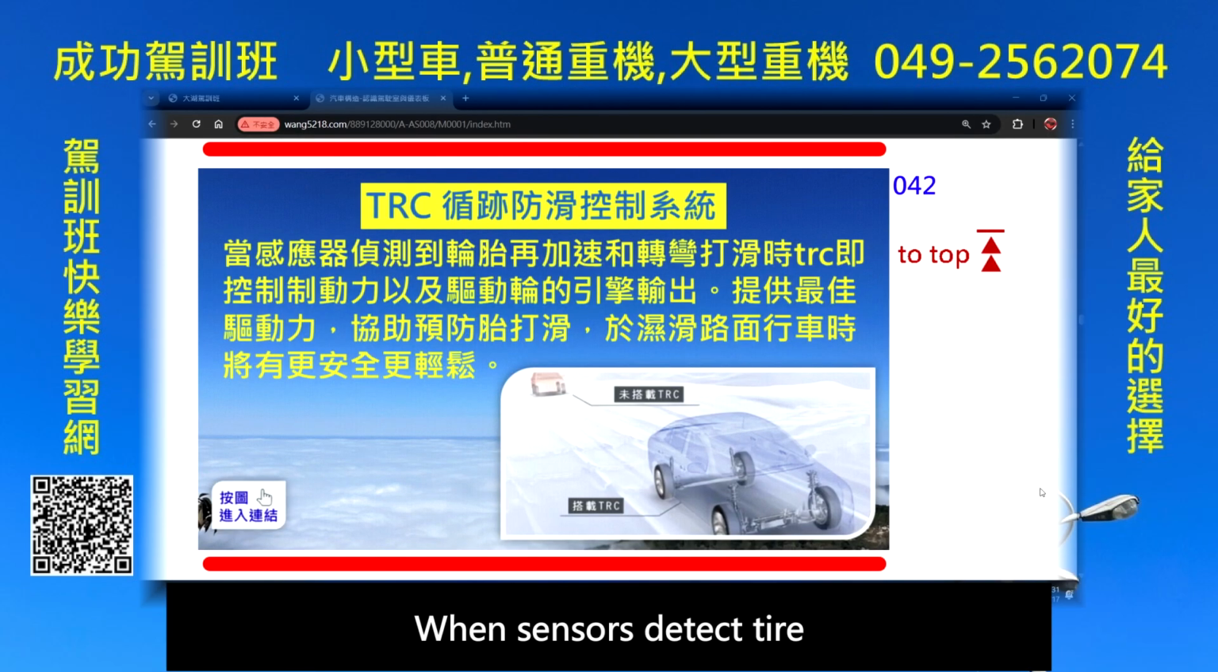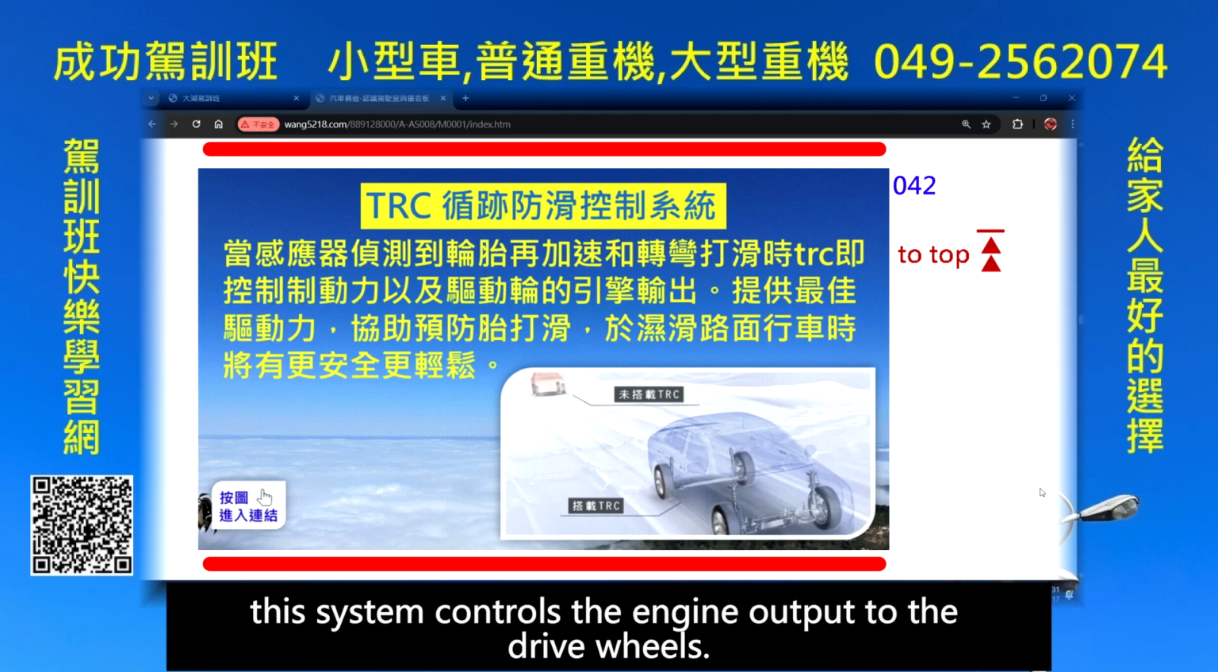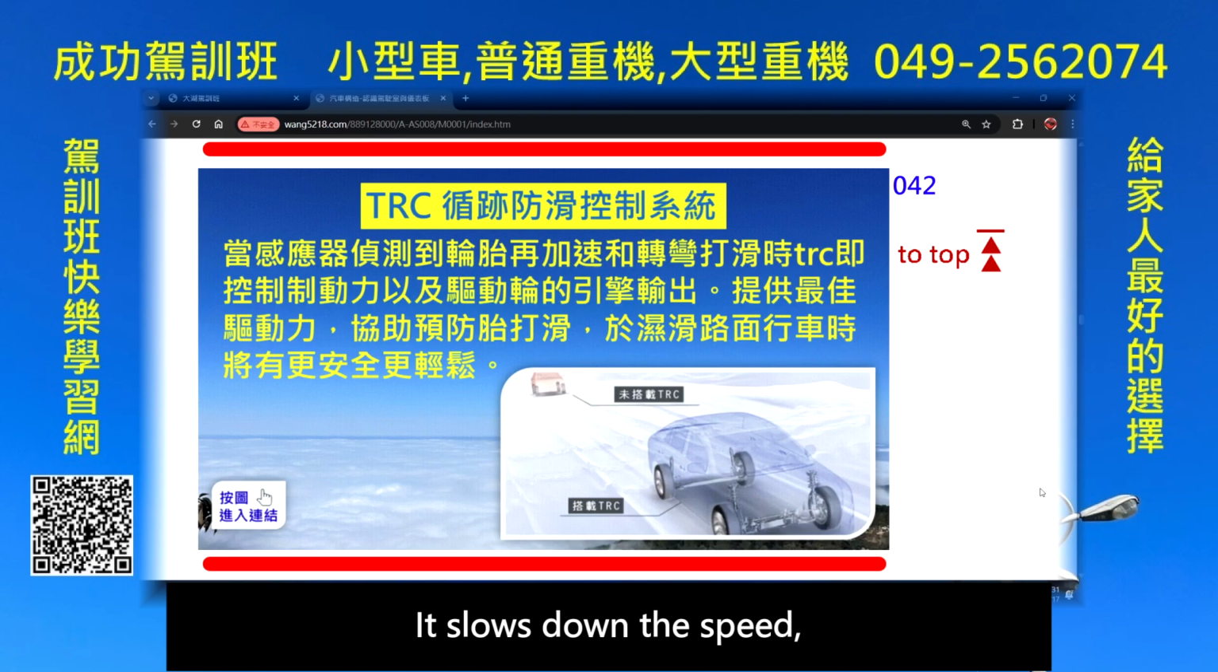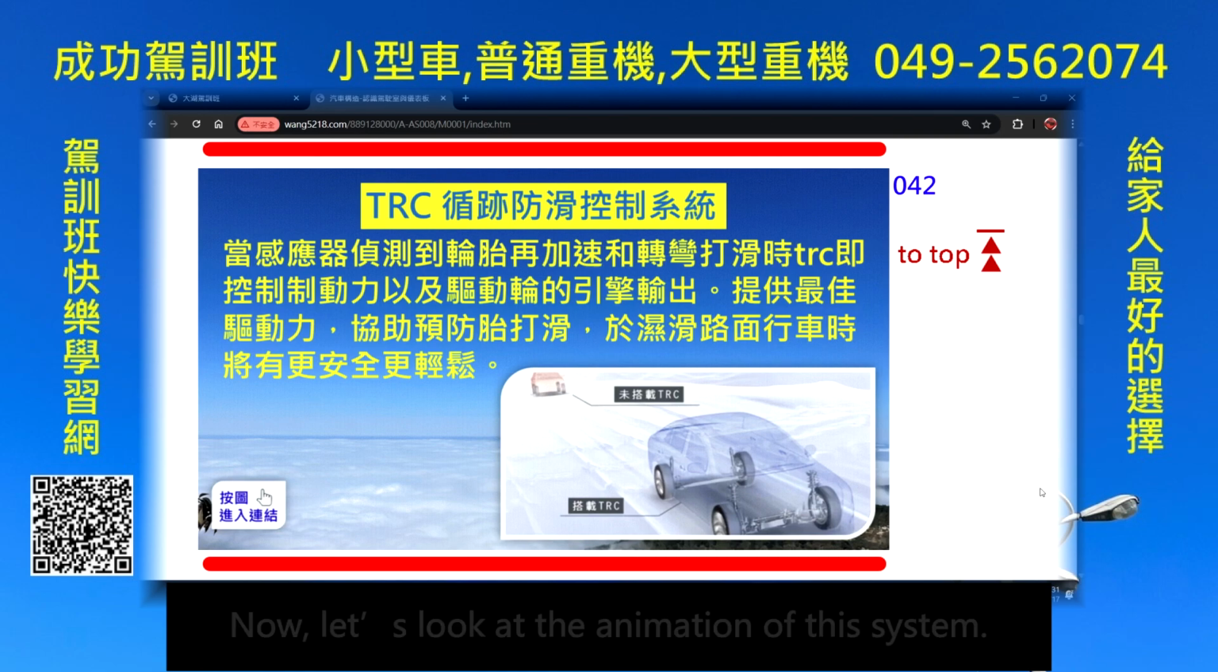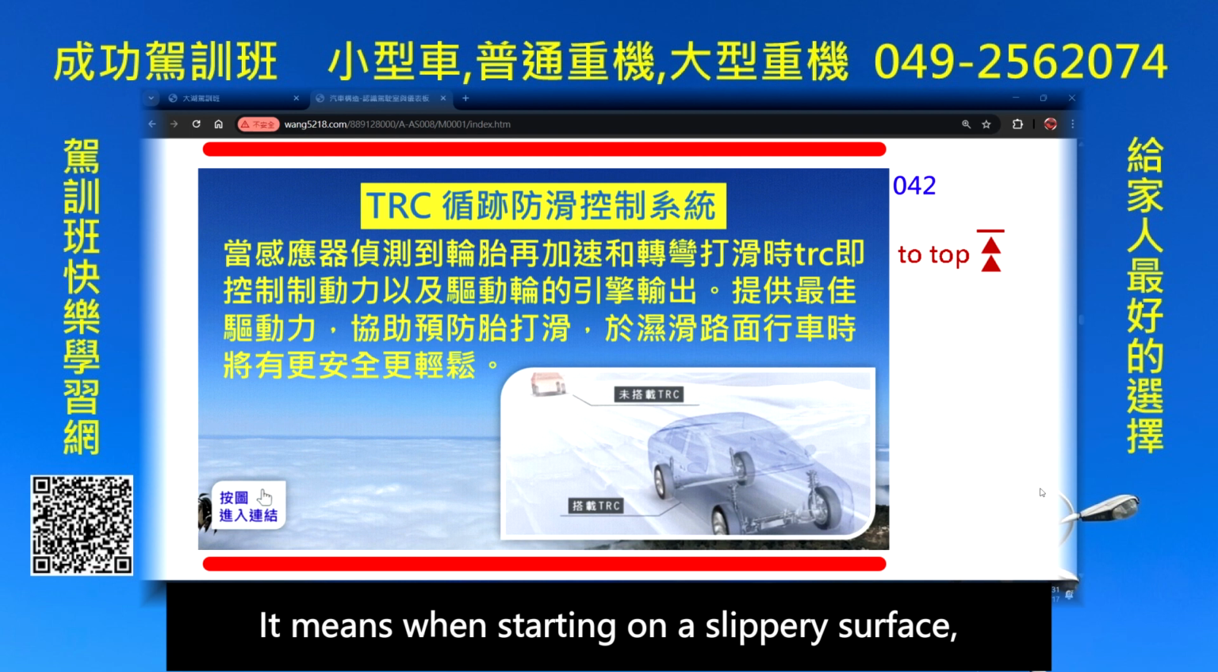Traction control system. When sensors detect tire slipping during acceleration and turning, this system controls the engine output to the drive wheels. It slows down the speed, providing optimal traction, assisting in preventing tire slipping. Driving on slippery surfaces becomes safer and easier. Now let's look at the animation of this system. It means when starting on a slippery surface,